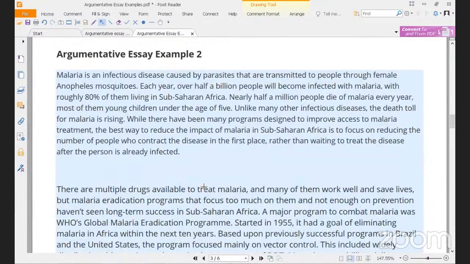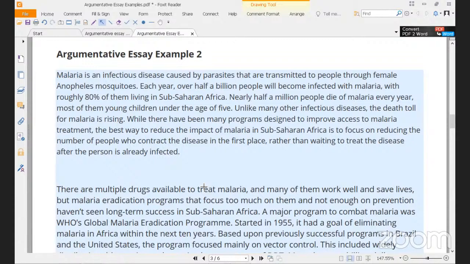Okay, let's go into the second part of the exercises. So, the argumentative essay example number 2. In this case, I'm going to give you the information pretty fast. I'm going to give it to you in WhatsApp. Give me just a second, and I'll show you. Okay, kids, give me just a sec. The information is already in the group.